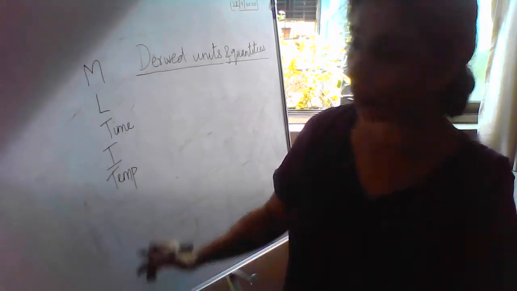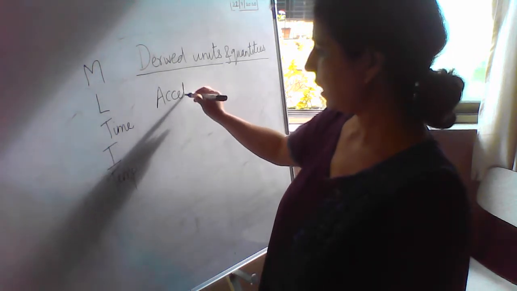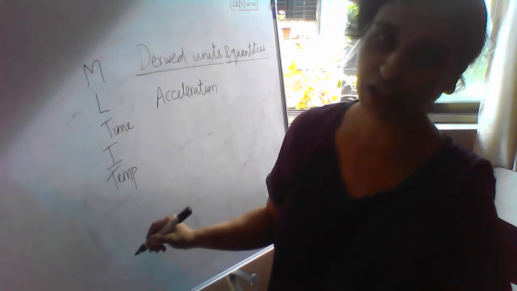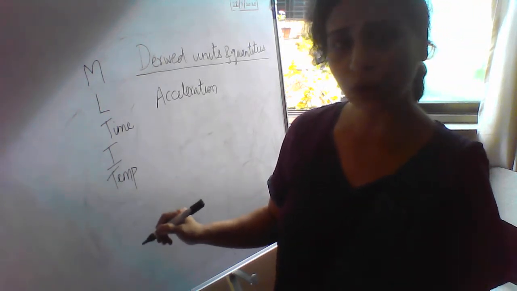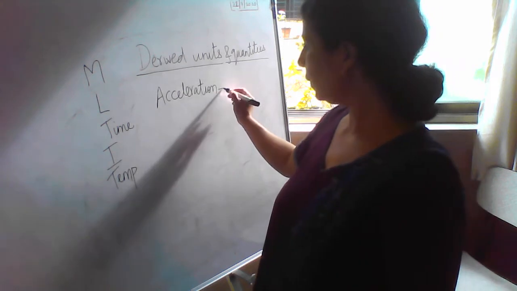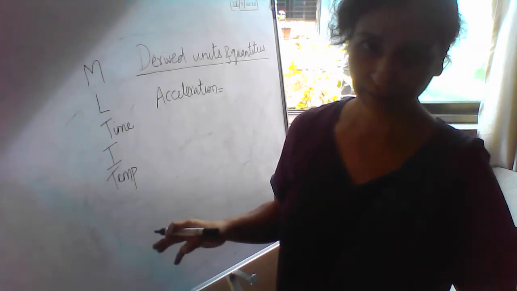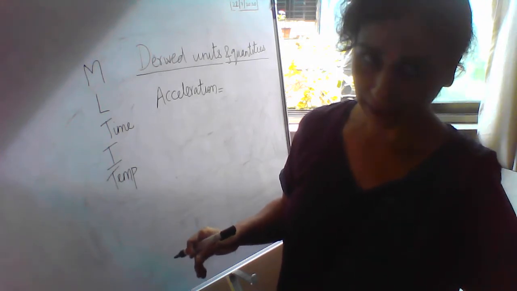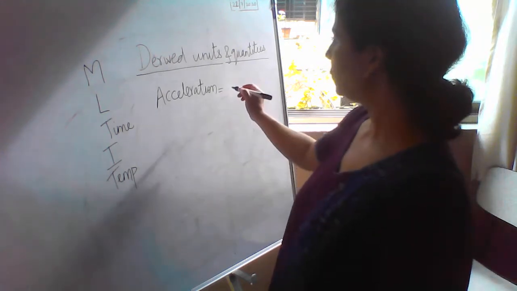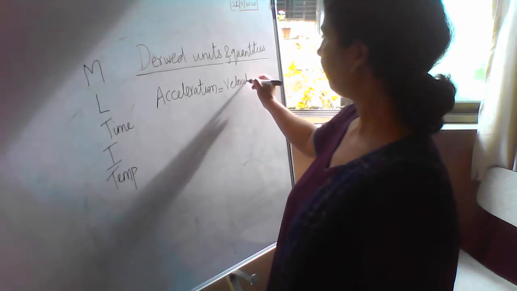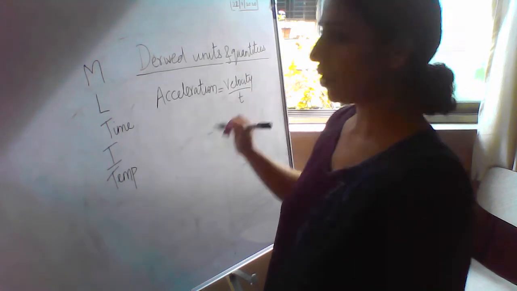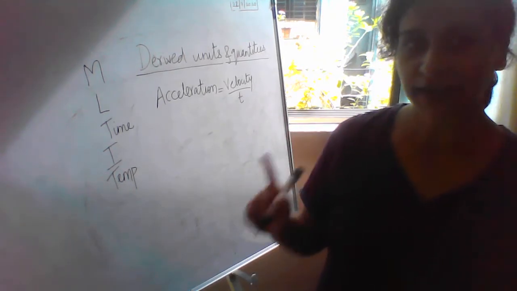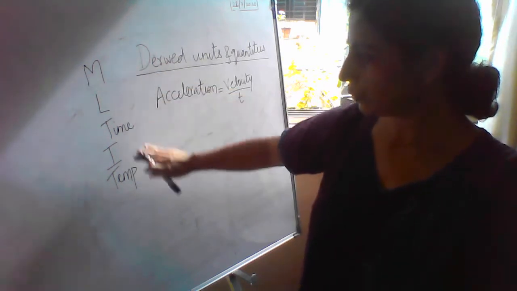We go for the next quantity, acceleration. Acceleration, I told you, please do not get bothered with a vector or a scalar. Acceleration, though a vector, we are going to consider only the magnitude part of it. So how can I put it? I can put it as velocity upon time. Let me write the formula for it. So this is velocity upon time.